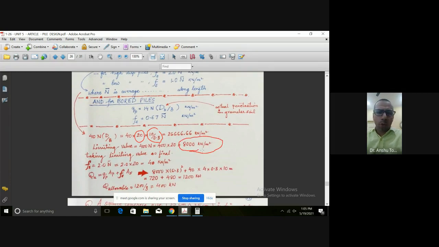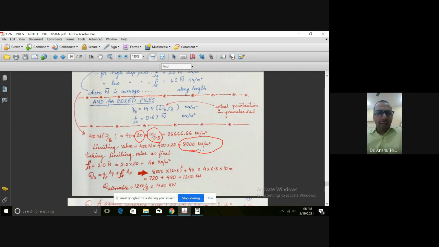It is less. So remaining on to the conservative side, अगर हमारी लोड किसी की लोड जो लोड बेयरिंग कैपेसिटी आएगी पाइल की, हम ज्यादा वाली तो नहीं लेंगे, हम कम वाली लेंगे because we have to be on to the conservative side. अगर हमने 26,666 वैल्यू ले ली और हमारा लोड आ रहा है close less than 26,666, let us say 25,000 kilonewton per meter square, it is possible that it may fail because it is over and above the limiting value of 8,000.